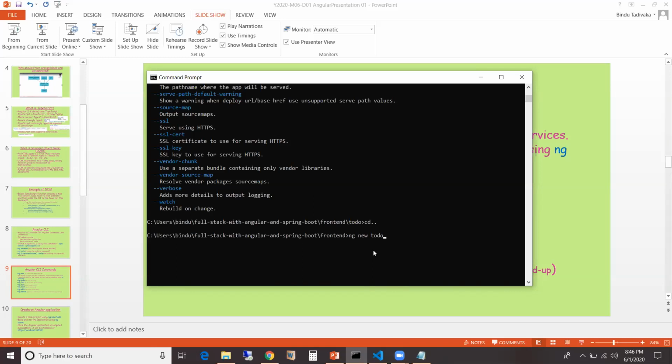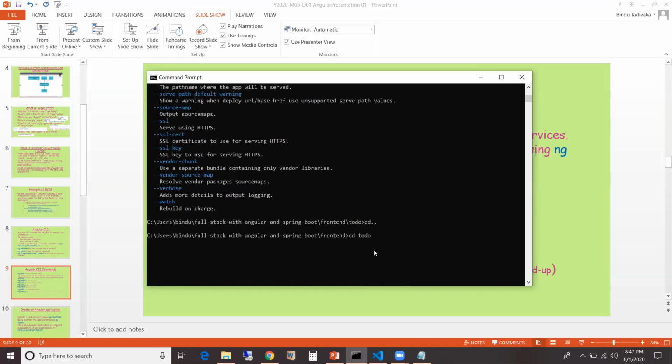Once we run this command, the new project gets created, and then we run the command ng generate to generate the default code. All of that code is just automatically generated. We don't need to write anything, just to start with.